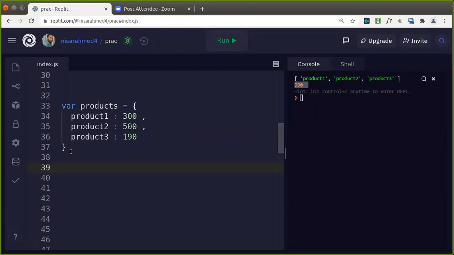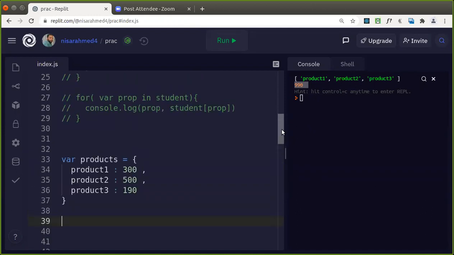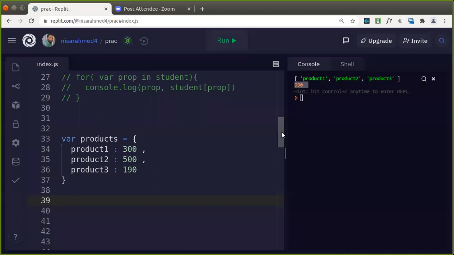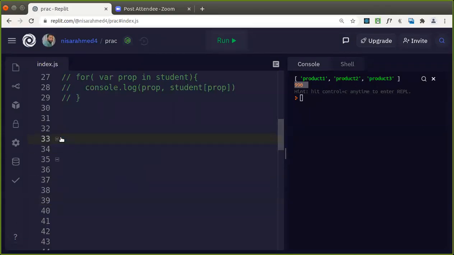Now let's take one example of a much more complicated example. Suppose we have an object student... yeah, first of all, let's come to array of objects, then I'll come to this example.